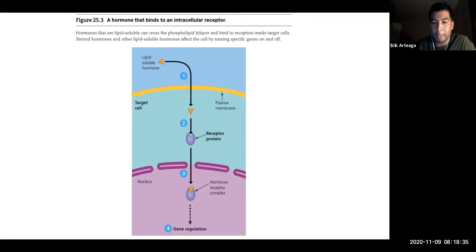from working. Another important thing to note with hormones is that they can have different regulatory properties in different parts of the body. So in one area you may have a hormone upregulating a protein, and in another area of the body you're going to have a hormone that's stopping protein production. So there can be multiple different cells that are going to have different outcomes when exposed to that specific hormone. Okay.